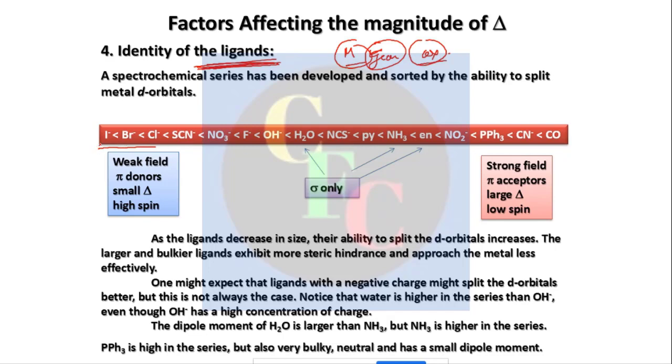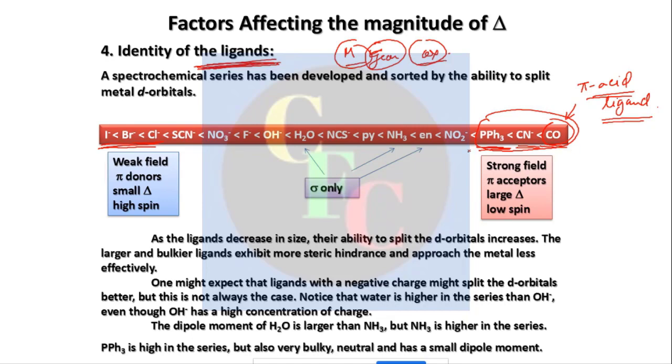See, there are ligands of different types. These are only halide ligands, and there are some like carbon monoxide, cyanide, phosphine. As we discussed in the previous class during molecular orbitals, carbon monoxide is a pi acid ligand. This pi acid ligand induces a very strong crystal field, and that is possible only when there is a very strong interaction between metal and ligand. We know that this occurs via back bonding from metal to ligand pi orbitals.